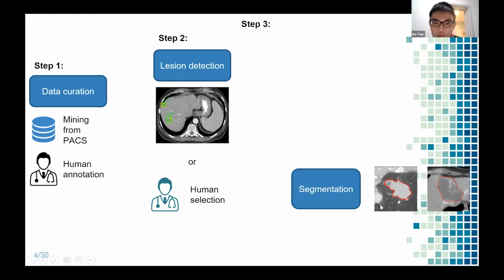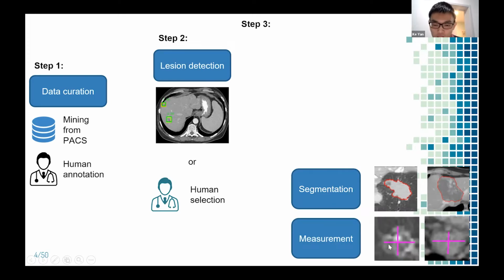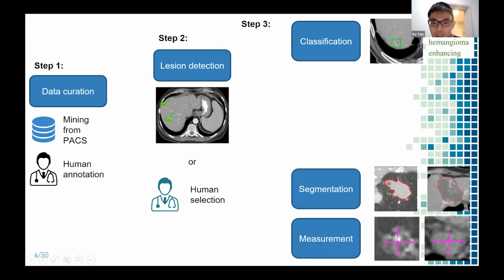For example, we can train a segmentation algorithm to accurately draw the boundary of the lesion. We can also directly train a measurement algorithm to measure the diameter of the lesion. We can also classify whether the lesion is a hemangioma or a tumor or a cyst, and what kind of attributes they have, and what organ the lesion is in, and